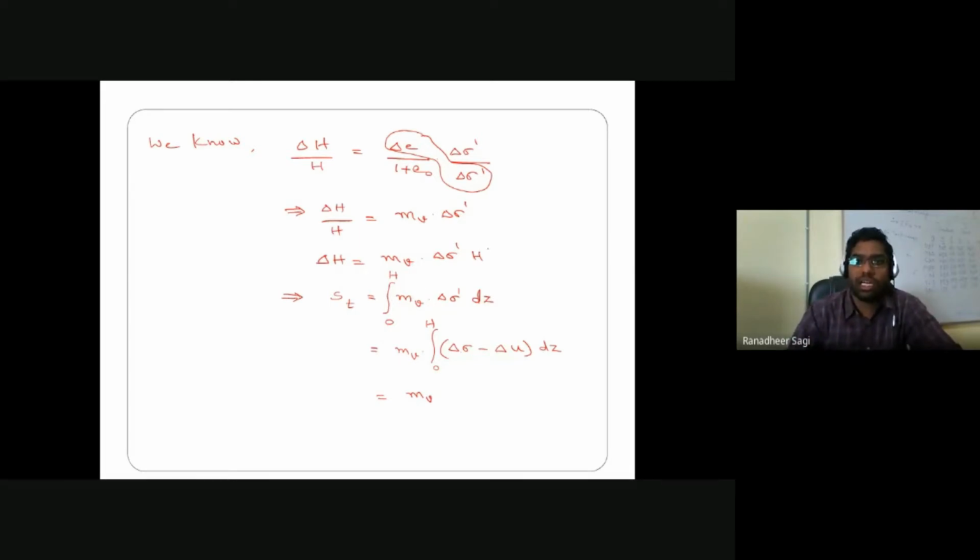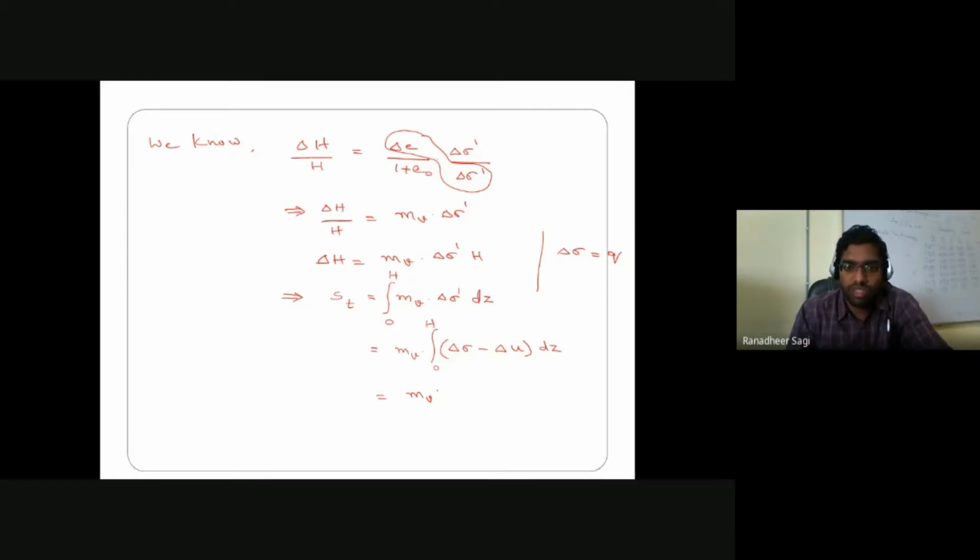Let's say that increment in stress is a surcharge stress, which I am representing as q. If I represent it as some surcharge additionally applied on the soil sample, it's a constant value, and I'm going to take that constant out of the integral function. Then, for the first term, I'll have only the integral of dz. The integral of dz is nothing but z over the limit 0 to H. Automatically, I'll get it as H.